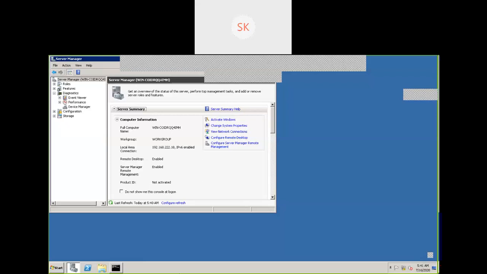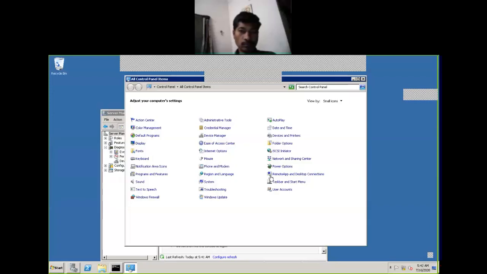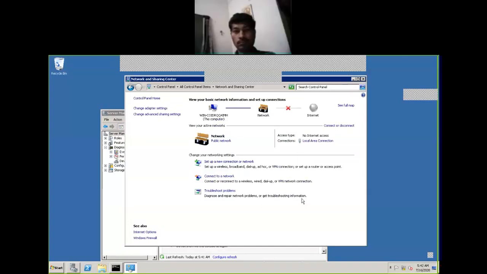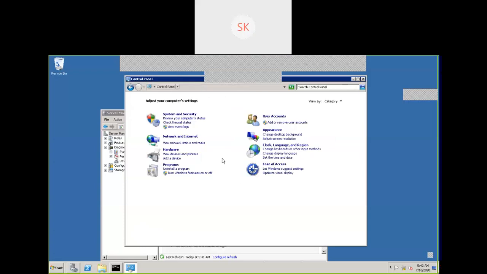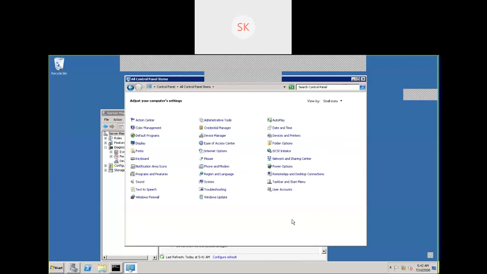What we need to do, open network configuration, Srini. Yeah. Okay, try to do one thing, 1 second. Try to do Windows update, go back, control panel. Where is Windows update? You will find Windows update here. Change to small icons. See Windows update. Before clicking on Windows update, try to open a browser and see if you are able to access the internet or not.